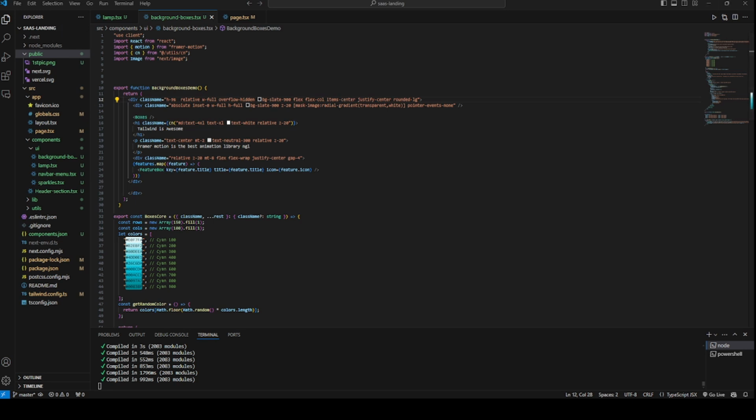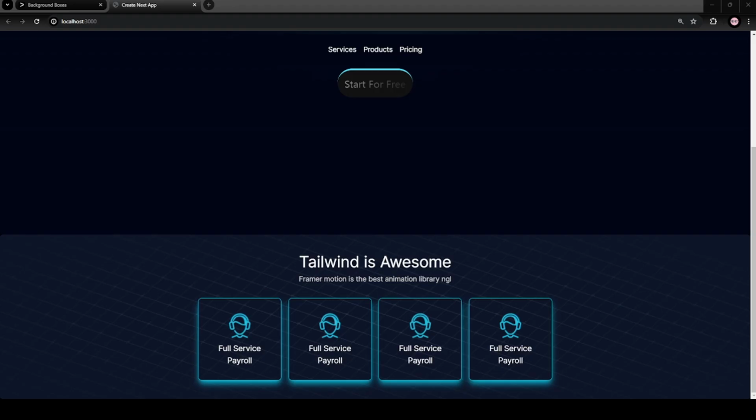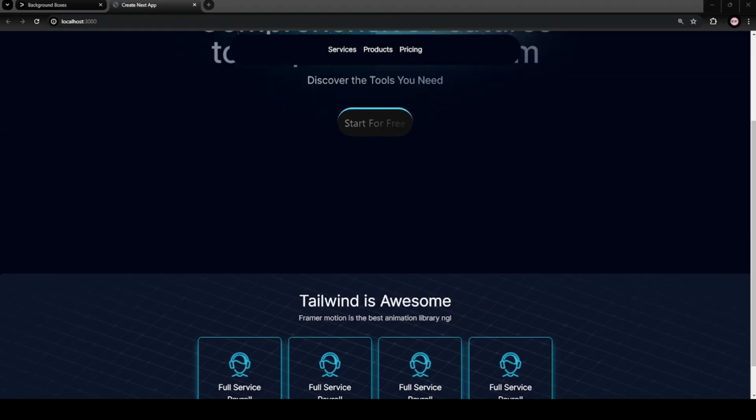So now let me take you back to my Chrome page where you can see the total page. So you can see there is so much of a gap between the button and my next section. So I am going to bring it up. I am going to use a negative margin top of 150 pixels. If I use positive 150, it will actually create more space because it will add an extra layer of margin onto this section. So I'm going to use minus 150.